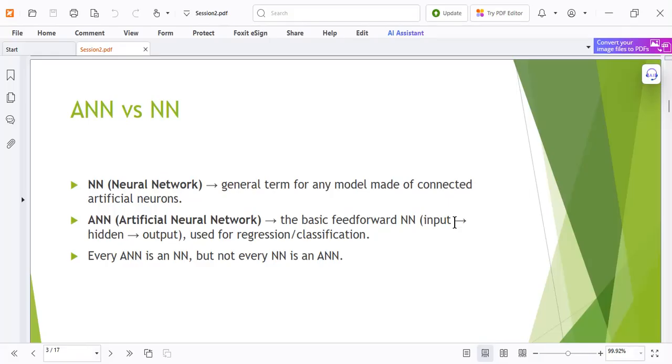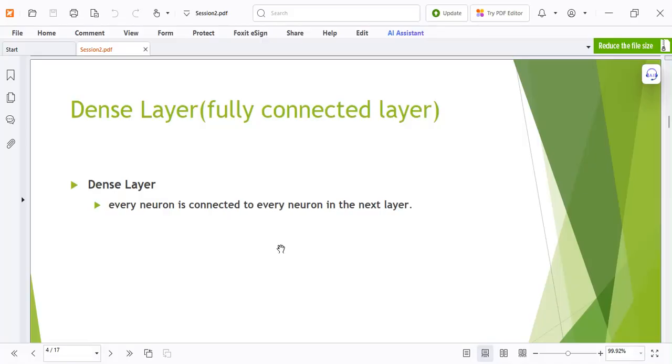So we can use it for classification or regression tasks. And the interesting point here is every ANN is a NN, or neural network, but not every NN or neural network is an ANN.